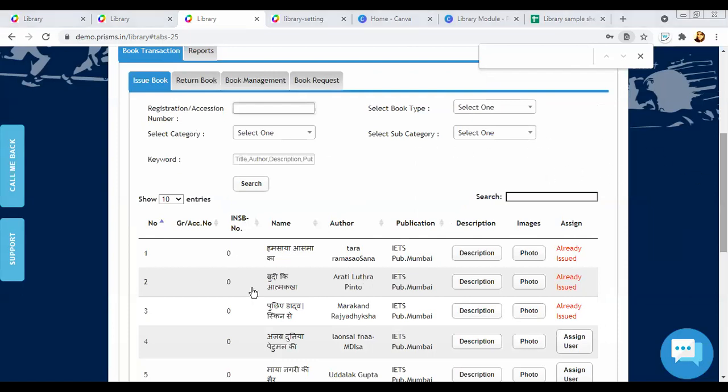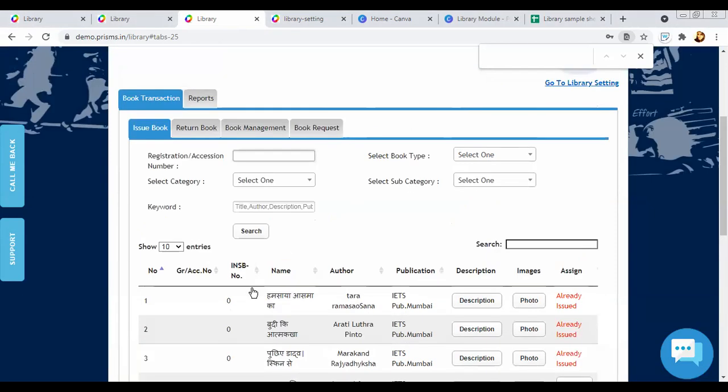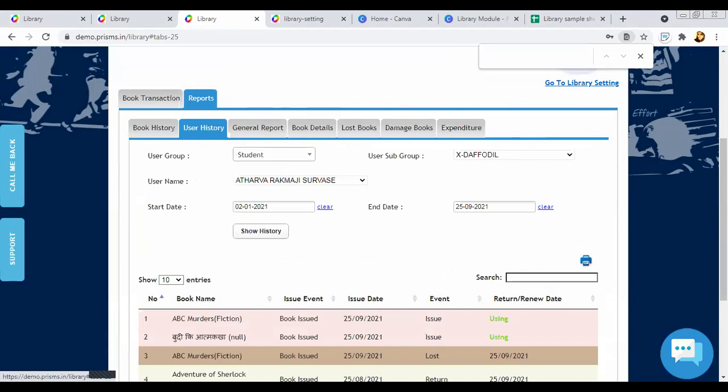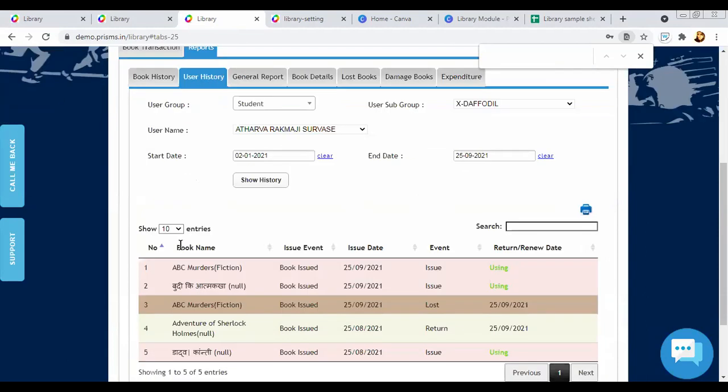Okay. So yeah, that's about reports, library. Any queries, you can ask if you want me to explain any particular. One query: for one user, how many maximum books should he or she be able to issue? We haven't kept any count, sir, as of now. If possible, we can add it. Yeah, we need to add this as well. I'll note that down.